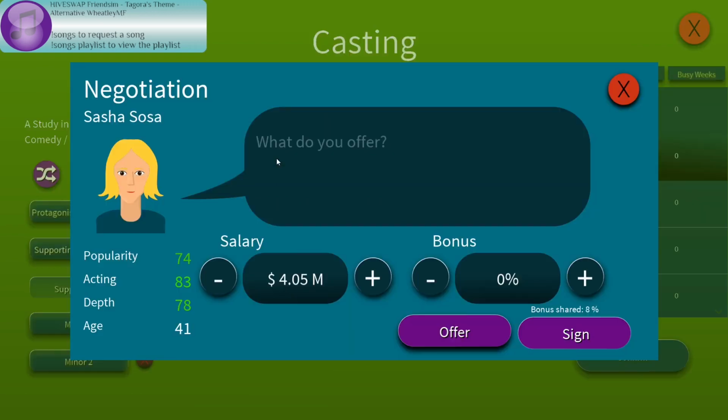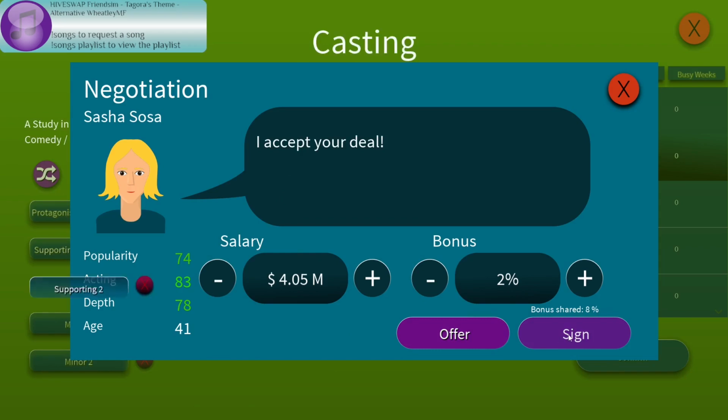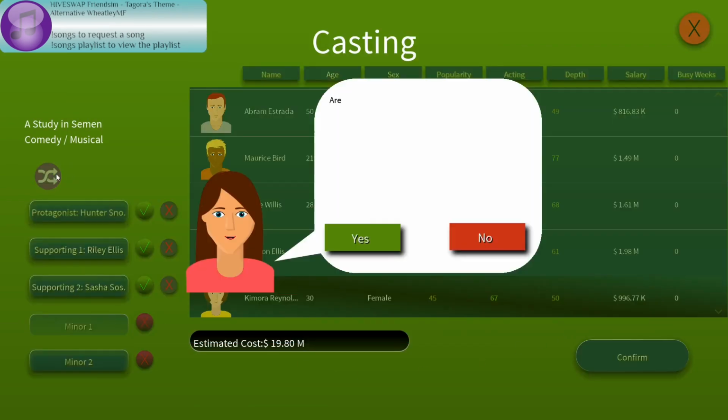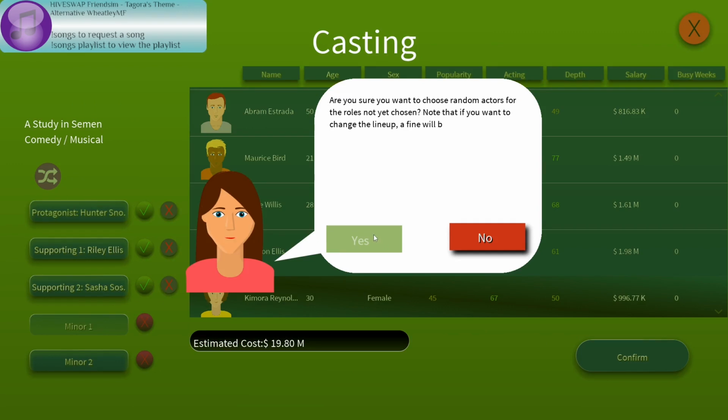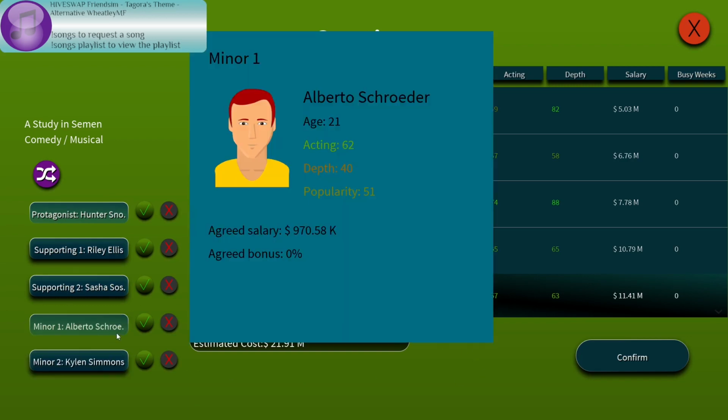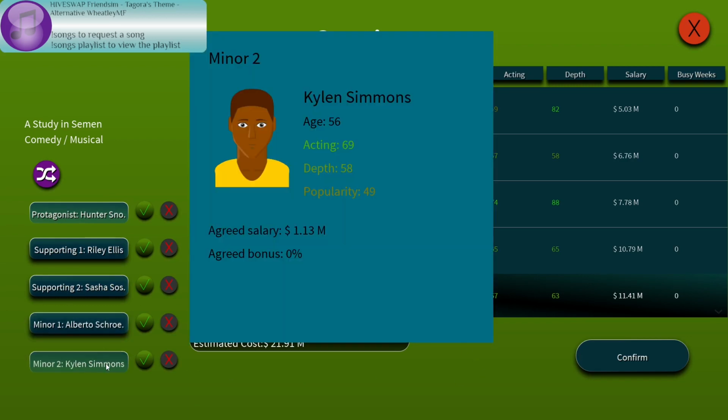Yeah, let's throw Sasha Sosa into this. And minor roles, let's just randomize minor roles. We've got Alberto Schroeder and Kylan Simmons.